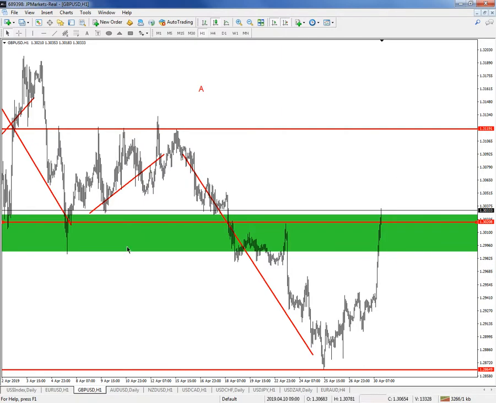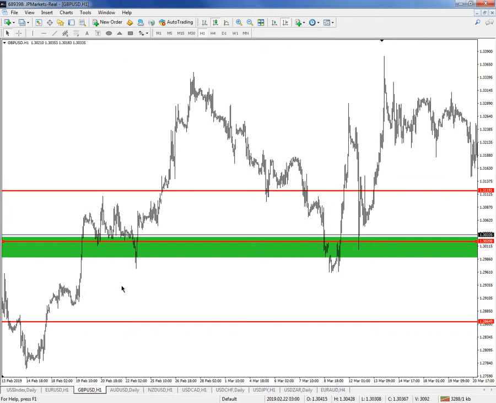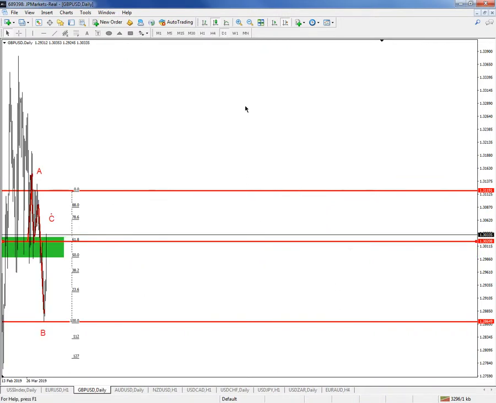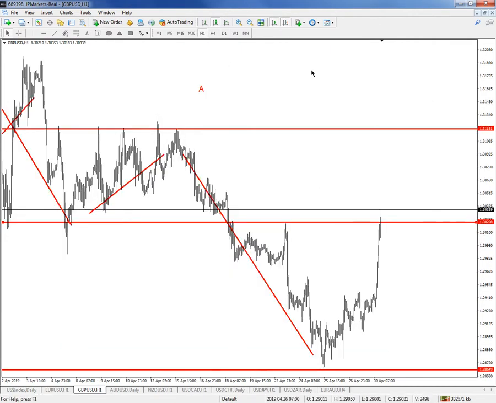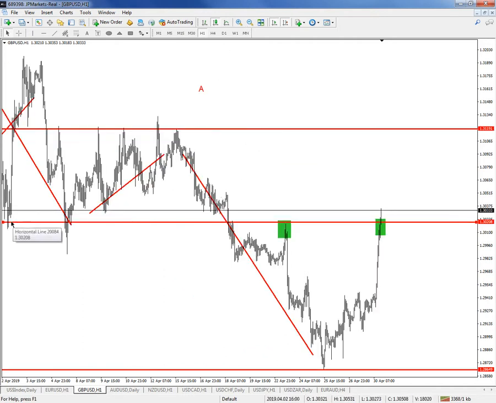So let me just grab this green box out of the way. I'm going to have to go into a daily time frame again. Okay, back down to the 1 hour. I would like to see the market closing around this area over here, making a double top on a previous level of support, now resistance.